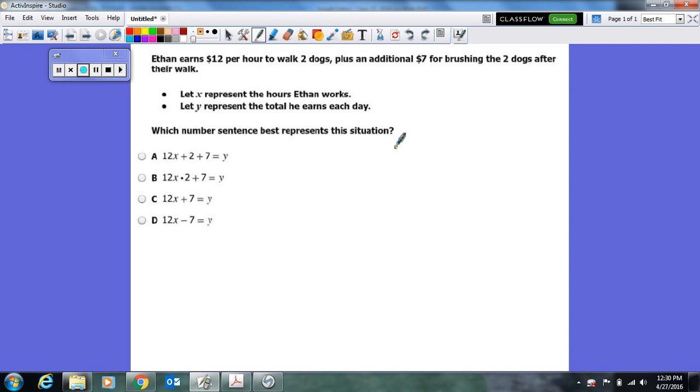So let's see if we can determine what we have here. Ethan earns money by walking the dogs and also brushing the dogs. So those two things, walking the dogs and brushing the dogs, give him the money. Now, according to what we have here, it says let X represent the hours Ethan worked. Well, that's the walking the dog, $12 per hour. So since he earns $12 for every hour he walks these dogs, we're going to represent that with